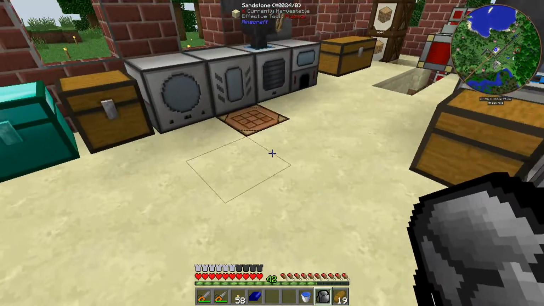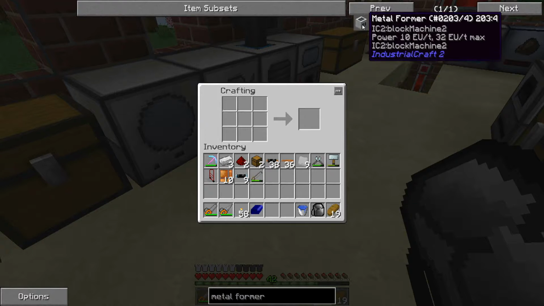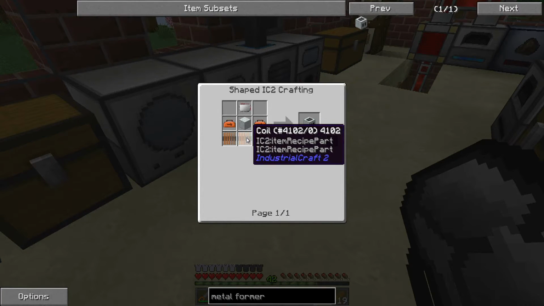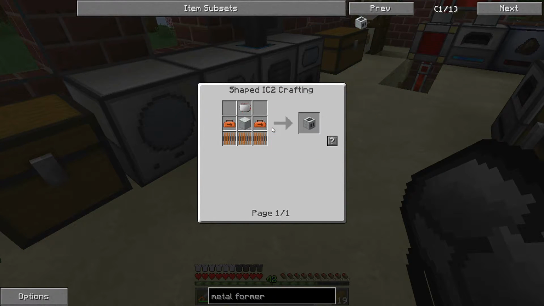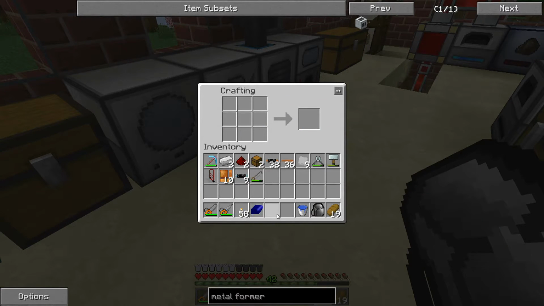So the first thing that I want to build is the metal former. And, okay, there it is. So the metal former is fairly simple. It takes 3 coils, a basic machine casing, an electronic circuit, and a couple of toolboxes. So the coils are iron or with copper cables around them, so